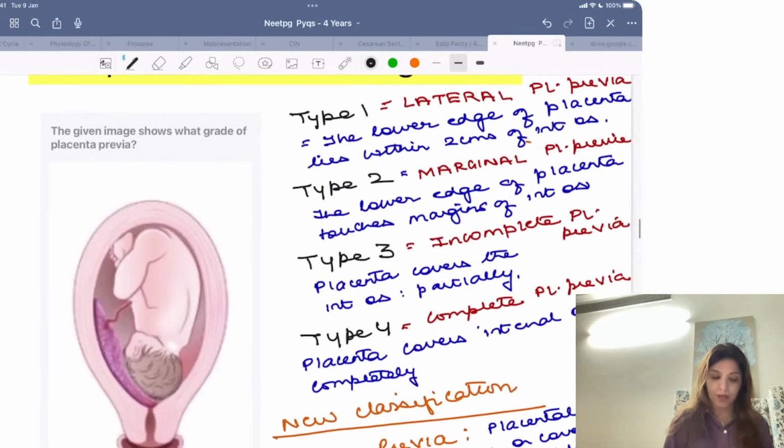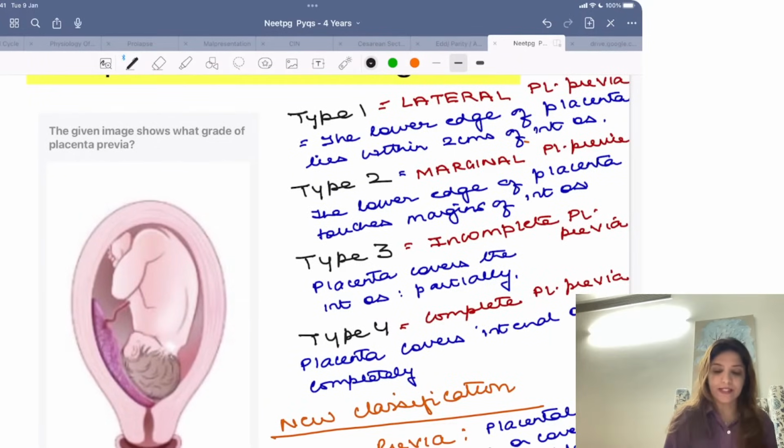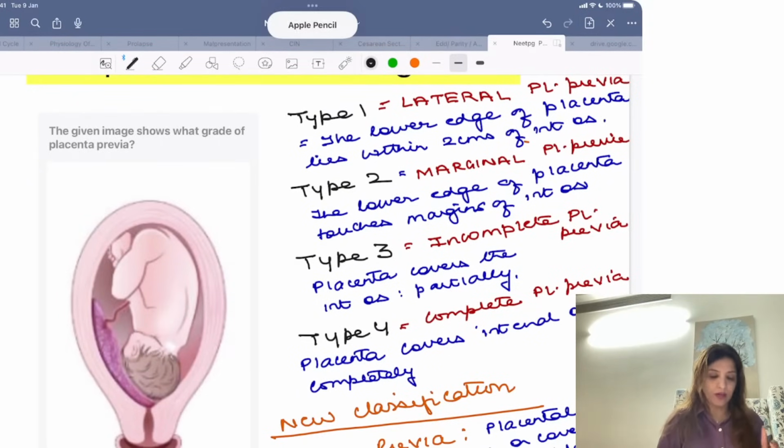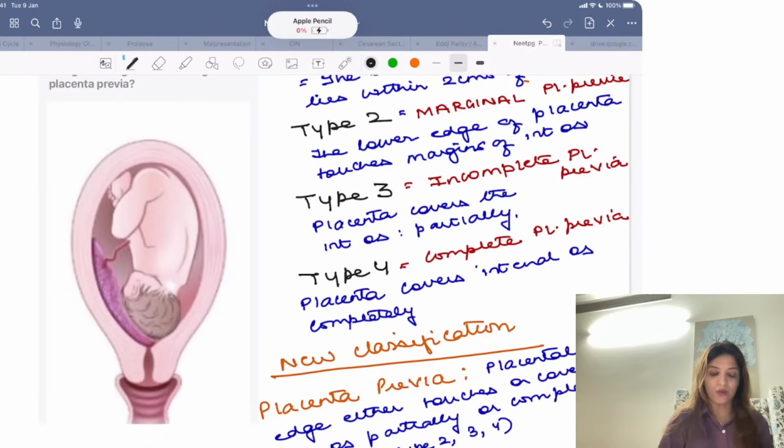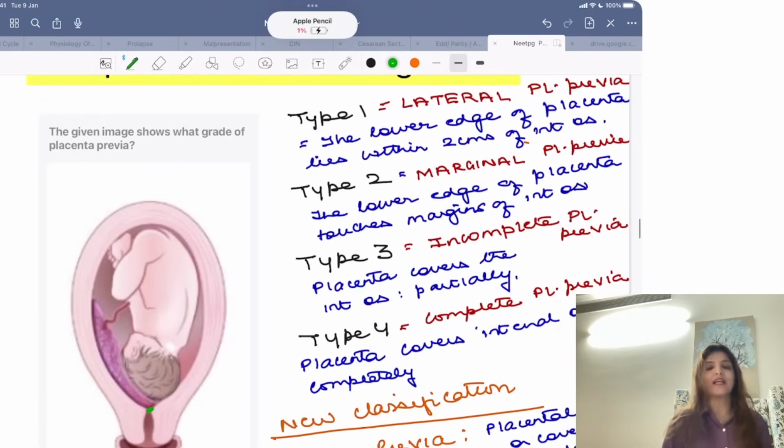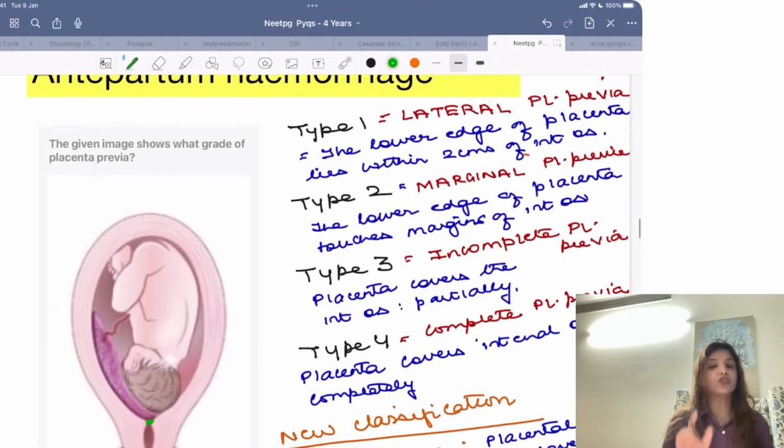They had given this image in 2019. This question came in 2019. They had given this image and they had asked which type of placenta this is. Over here you can see that this is the internal os and the placenta is covering the internal os partially. Because the placenta is covering the internal os partially, I will call it type 3 placenta previa. Although this classification is no longer used, you will still have to remember it: